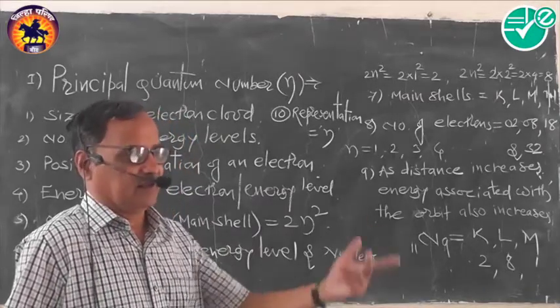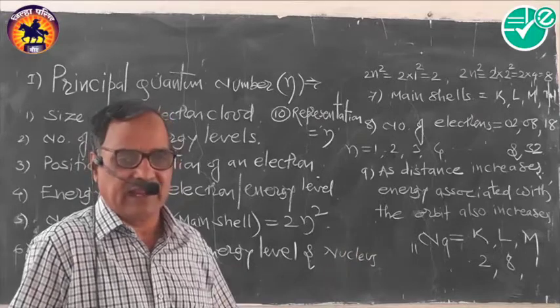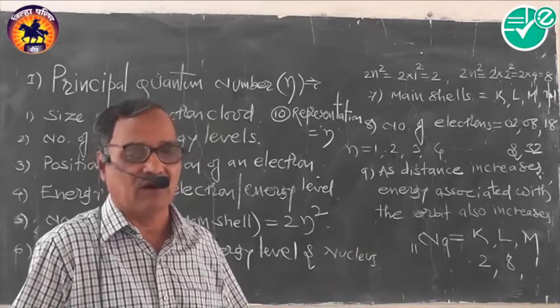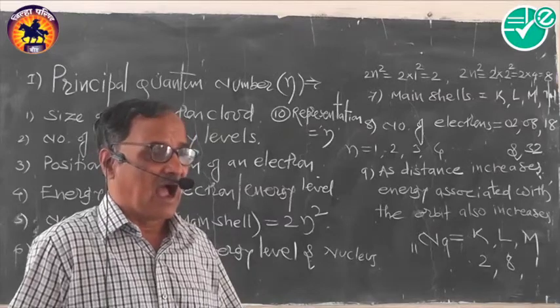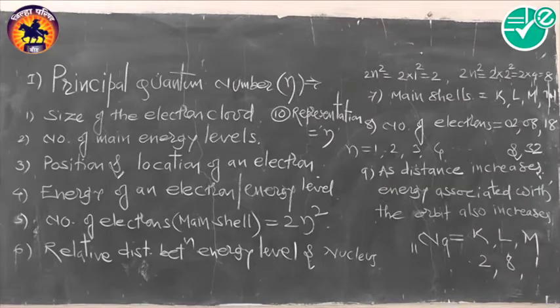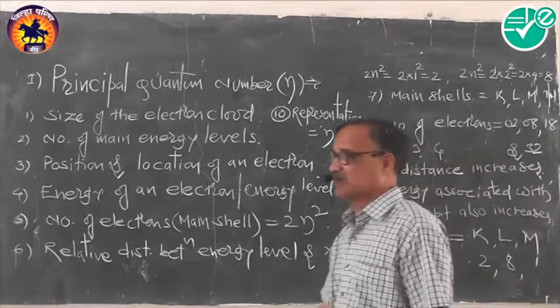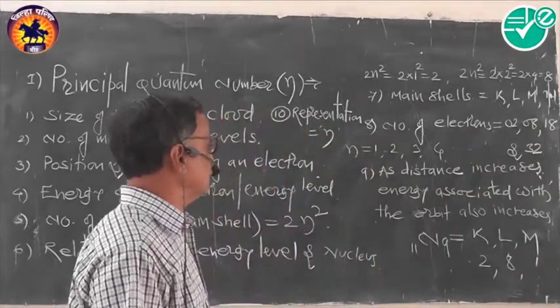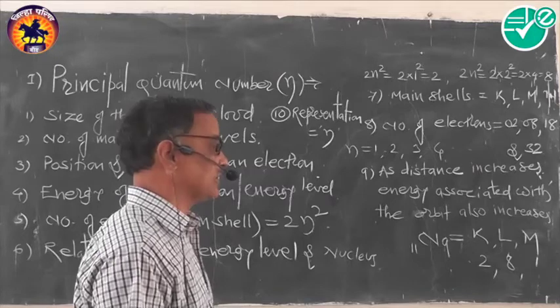Then after some gap there is a K main energy level which has a capacity of 2 electrons. After some gap between K and L, L and M, and N respectively, the maximum intake capacity of these electrons is 2, 8, 18 and 32,